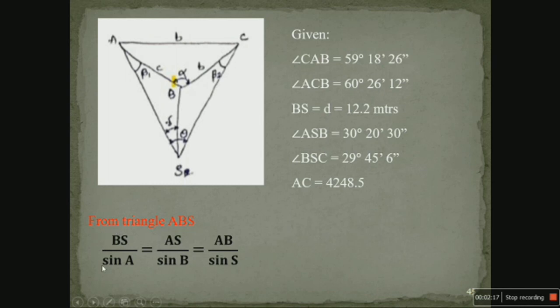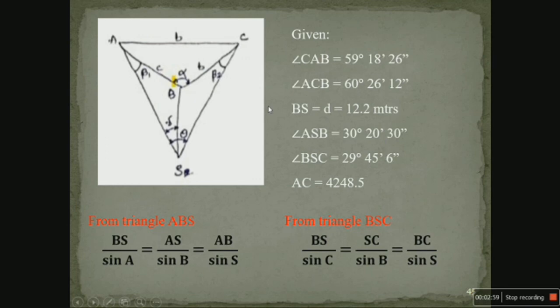If you consider these two equations, the distance of AB is required. So it is not possible to apply the sine rule directly for this triangle for calculation of beta 1. Similarly, for the second triangle, BSC, for calculation of beta 2, the distance of the sides is also unknown. Only this distance is known, that is 12.2 meters. So again, considering these two equations for solving beta 2, it is not possible here.